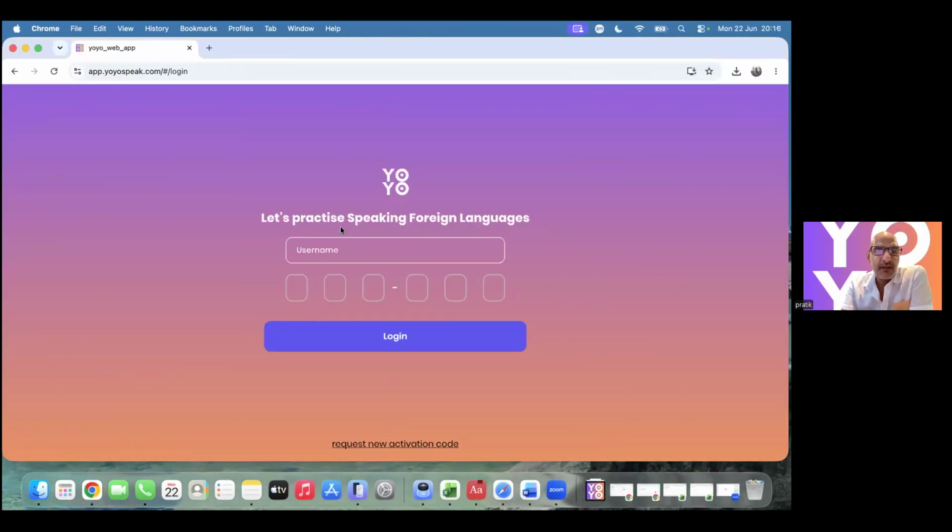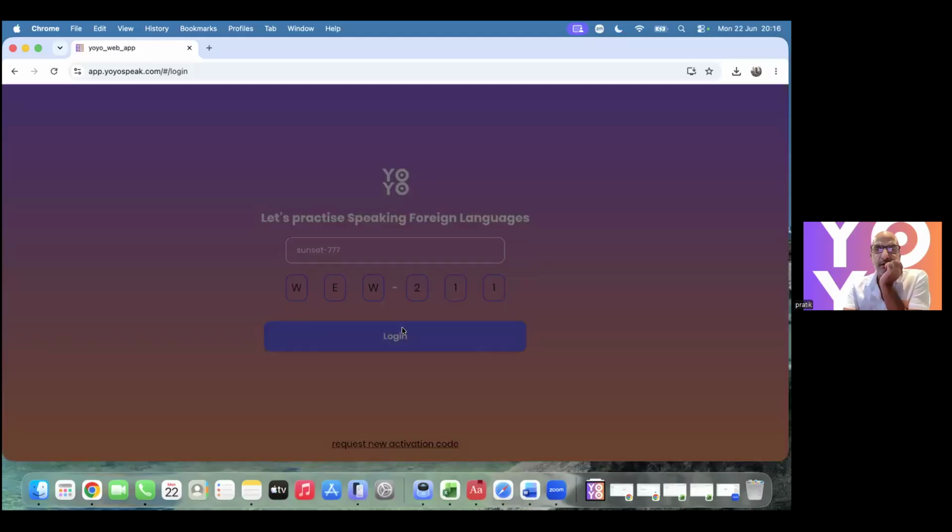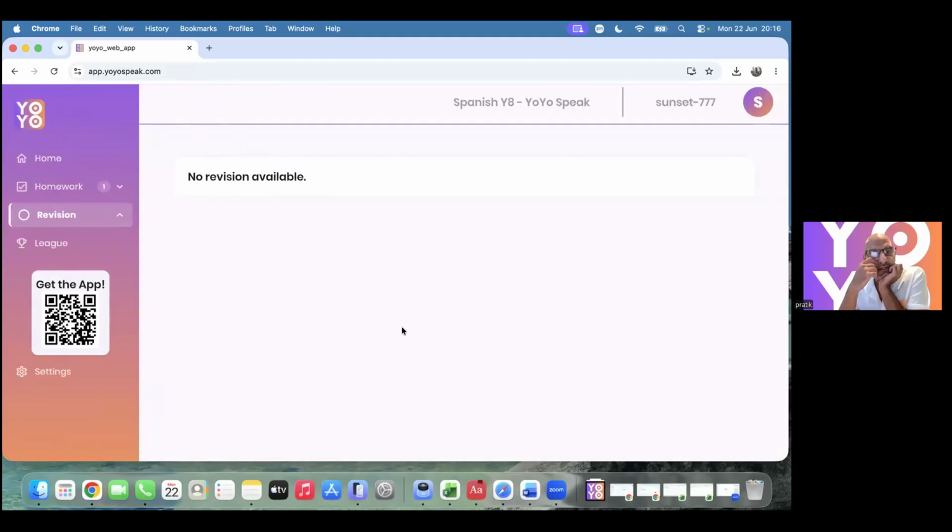And now I'm going to log you in as one of the students from that list we just created. So I'm just going to log us in as Claire, who had the user ID Sunset777, and then the user ID was, what was it? So I'm going to hopefully be able to log us in as a student in the year 8 class. So this is the student view, and I'll also show you the app view in a moment as well.